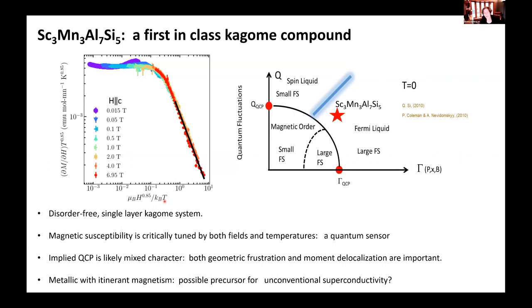And so that's a second piece of information, which is that the magnetic field is a critical parameter in this system, and that both field and temperature control the properties of this material. So by way of conclusion, I want to return to our phase diagram, where we have quantum fluctuations of unknown strength and moment hybridization, the delocalization of moments, also of unknown strength, and where would we place our material.